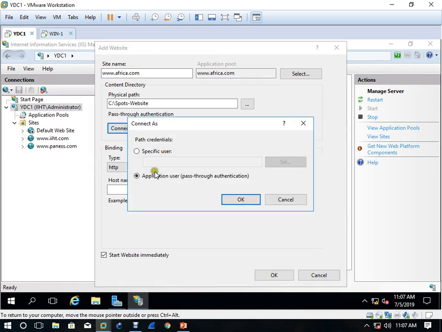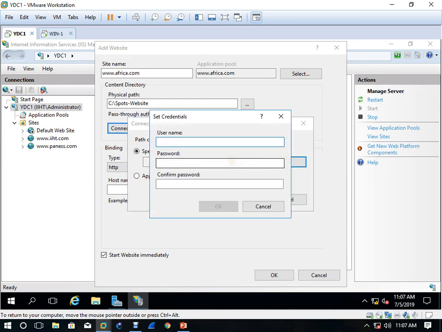Okay, connect as. You wanted to select this one.